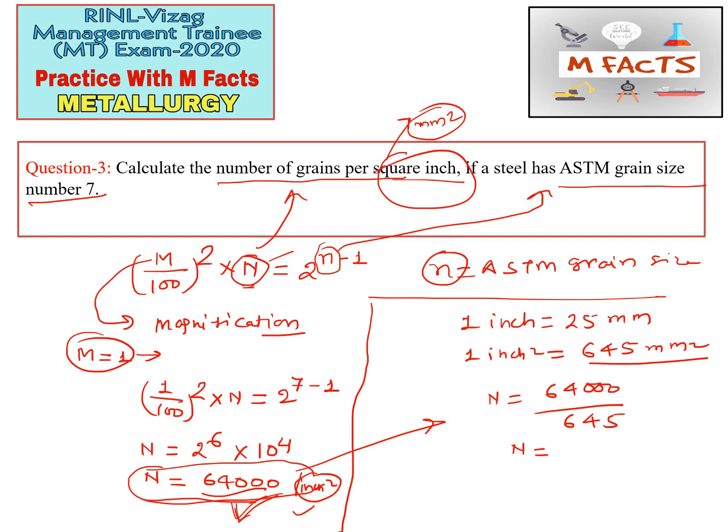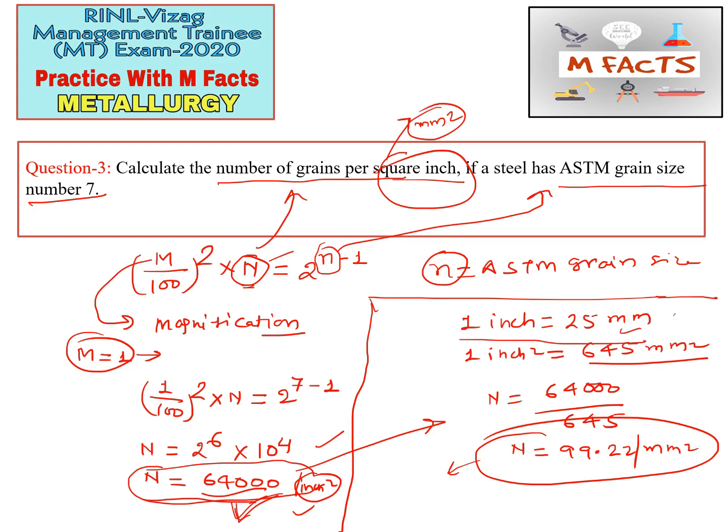That will come in per square mm. Sometimes I see people use one formula for per square inch and another formula for per square mm, but we need not use different formulas for different units. We can change any unit from here. So 1 inch is equal to 25 mm. If they ask in centimeters or nanometers, we can change easily from here, and divide this value by the corresponding value, that is 645 for square. We need to change in square, that's why we divided by 645.